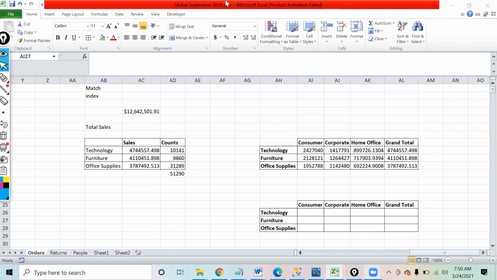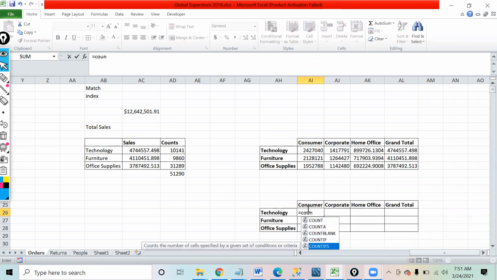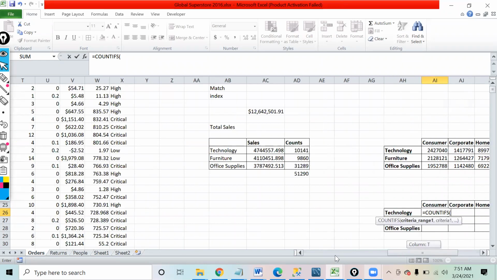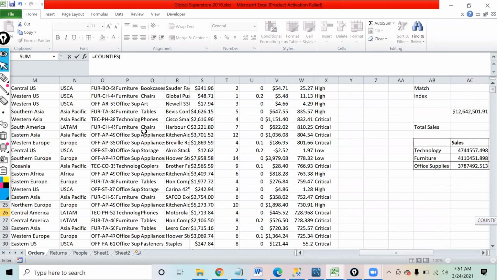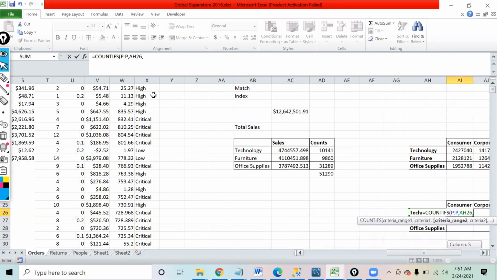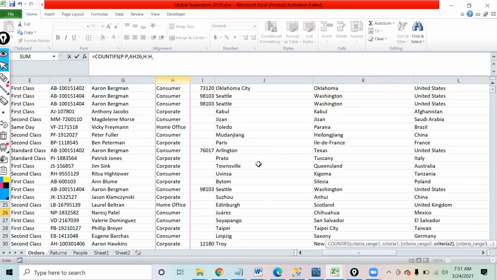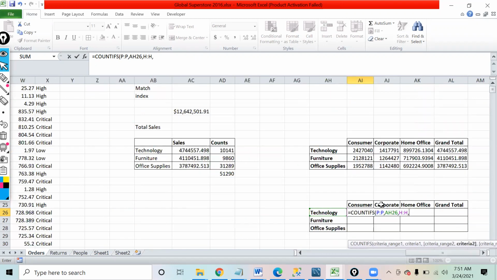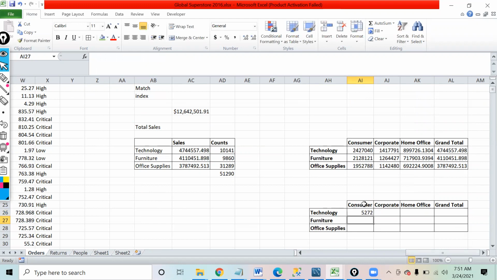Right, so I hope this is easy. We just have to apply that COUNTIFS and we will be able to get that. With COUNTIFS, we'll just ask for two things: what is the criteria range 1 and the criteria? So my criteria range 1 is this category, comma. My criteria is this, comma, criteria range 2, which will be the segment, comma. And if I come back over here, this is the criteria.